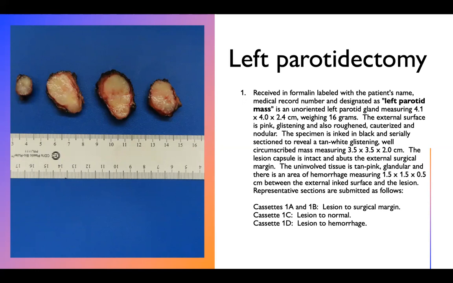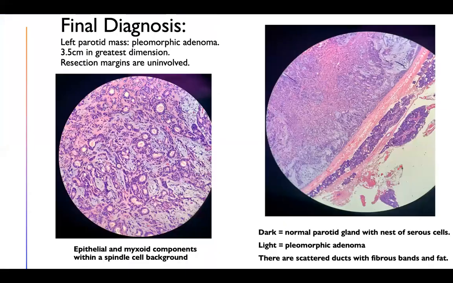It did abut the external surgical margin, but the uninvolved tissue around the lesion was tan-pink glandular, and there was a little bit of hemorrhage off to the side. I went ahead and submitted some representative sections: lesion to surgical margin, lesion to normal parenchyma, and lesion to that little hemorrhage. So on the final diagnosis, it was pleomorphic adenoma, which, because she had a biopsy prior